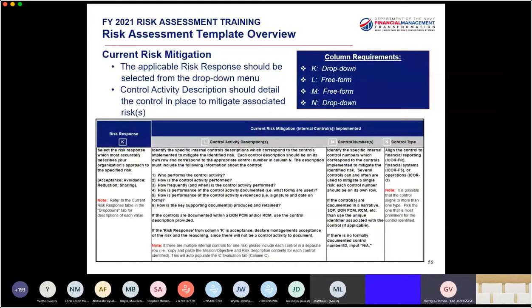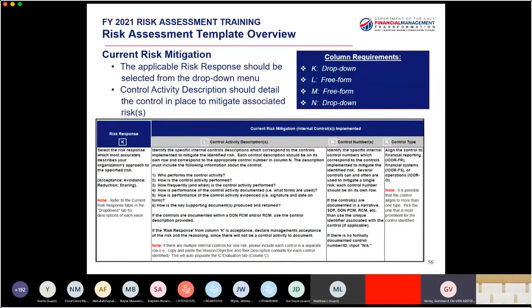I know that some people base a lot of their risks and the associated controls off of instructions that they have. And so they numbered their controls based on the instruction section. So if there's a way for you to be able to identify your control in a unique way that supports it, you're certainly welcome to create your control numbers.